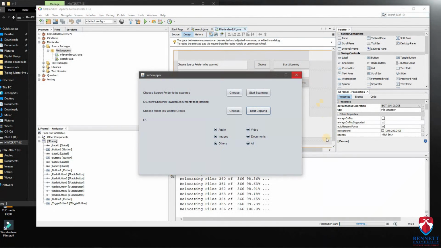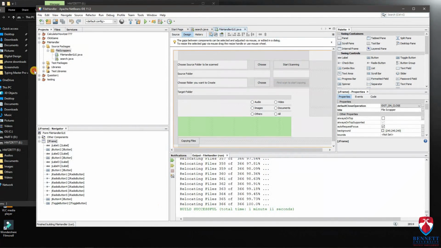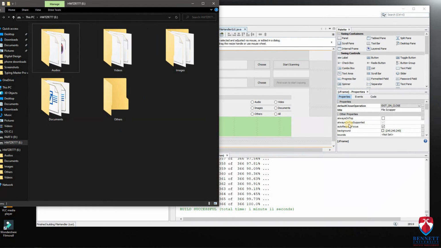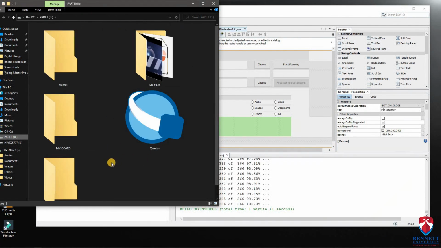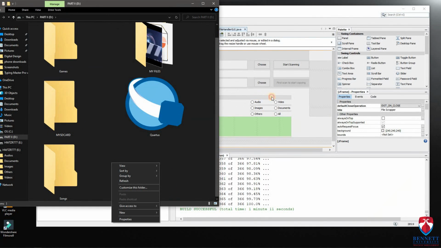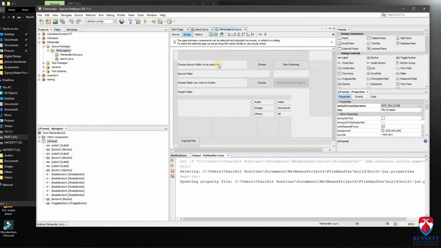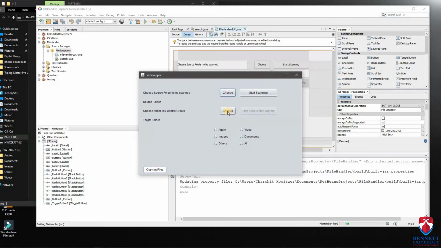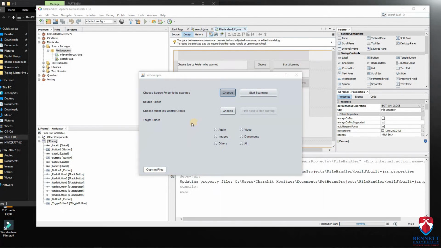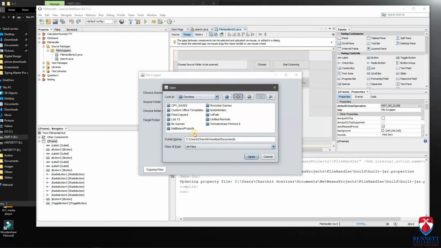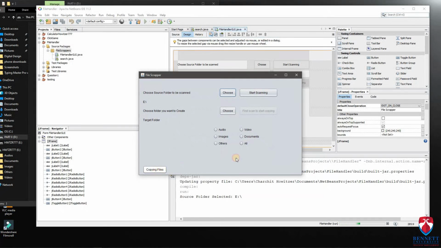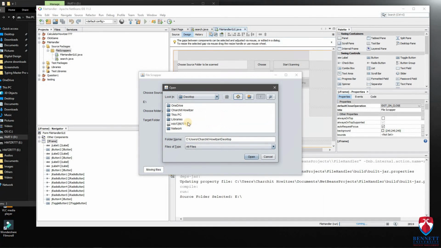Okay, so let's add this instance. So now our external drive has the files, and we'll now test for external to internal. So we will move all these files to some folder here. Okay, we'll create the folder later. Now test this. So choose our external drive, our full external drive. We now want to move the files. Start scanning. Destination folder not selected. Okay, it wants us to select a destination folder.